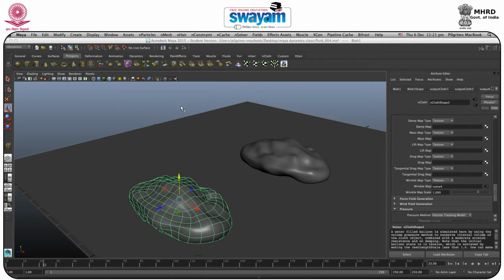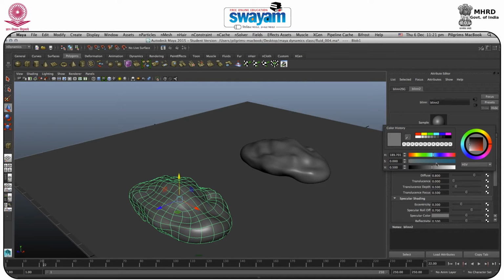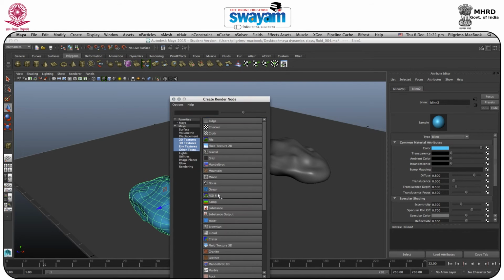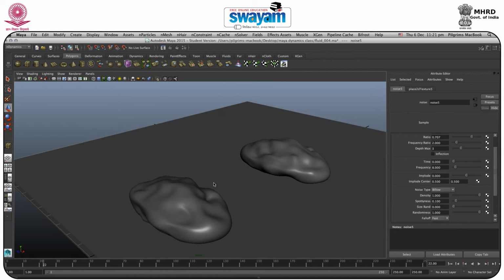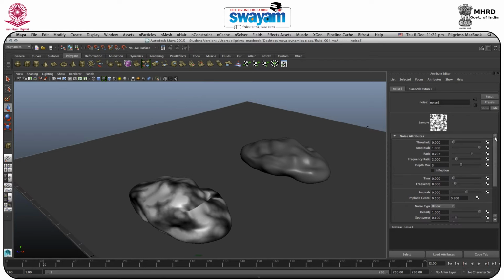So I will put blend, and in blend you may have the color, and you can implement the color like this. Or if you want to add the texture, you can go over here, you have all the things. So if you want to add noise, you can add noise and press 6. So you have the noise. Now if you want to change the color, you can change,